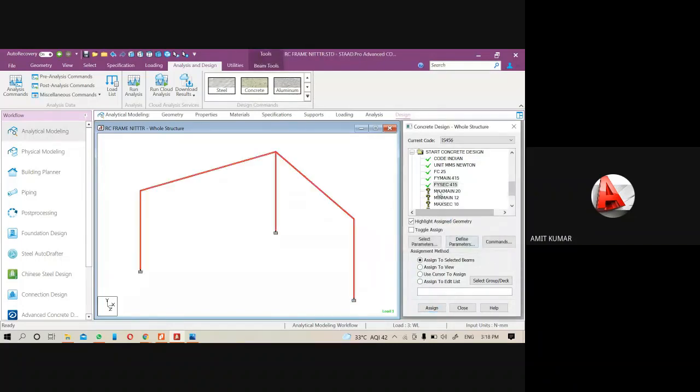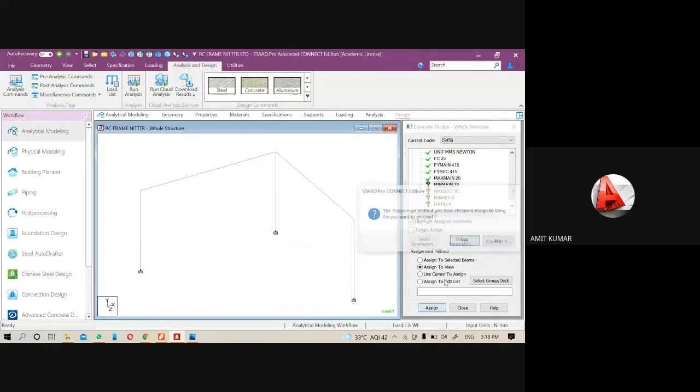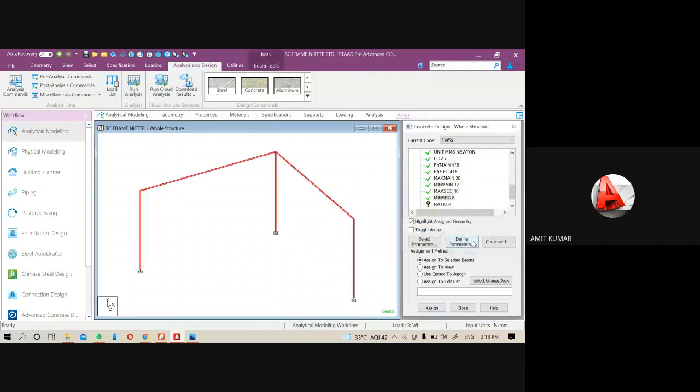Assign all these values to the view. Then the ratio.